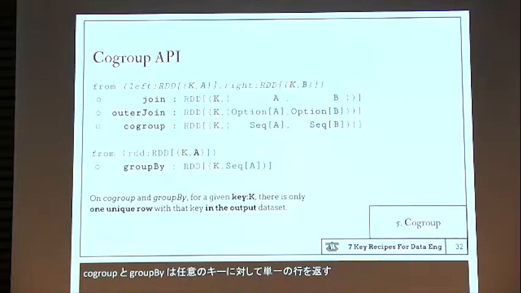And if you use the co-group, you get a more generic API, which gives you the guarantee that for any given key of type K, there is only one row for this key in the resulting RDD. So it's more generic, and with this API, you can simulate all the other joins. It's much more general. It looks a lot like the group by API. By doing so, we are gathering data from other datasets on the same key.